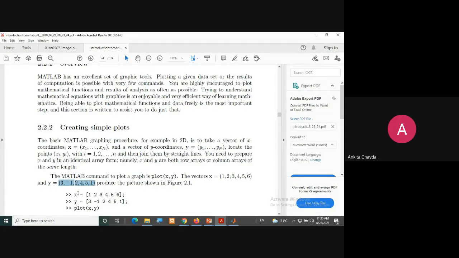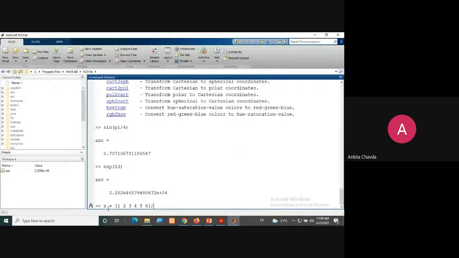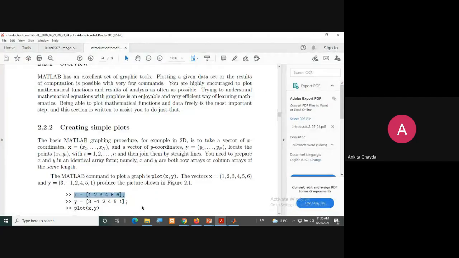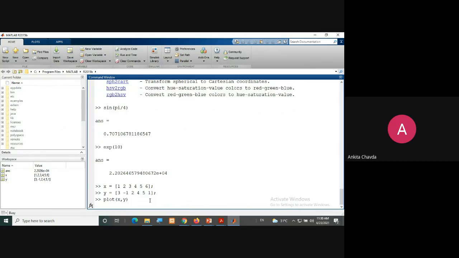First I need to write the values for x into a vector. Within the square bracket I can write the values. So first I assign the value for the x variable, 1, 2, 3, 4, 5, 6, into the square bracket, meaning a vector. Then y is equal to the corresponding values that you are giving. Here the values for x and y have been saved, and now you are plotting the graph. You just need to use the function plot with these x and y values, and it will work. Very easy for plotting. A few commands, a few functions only, and you will get the graph.